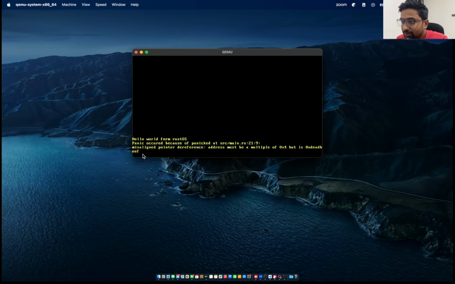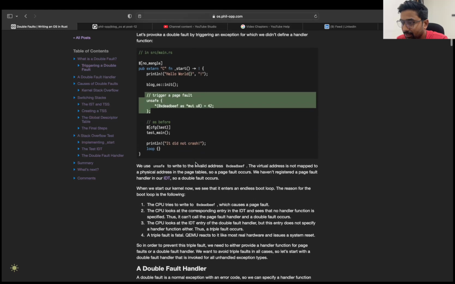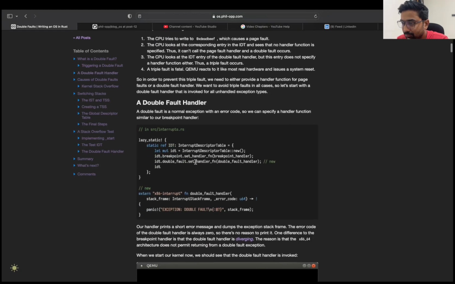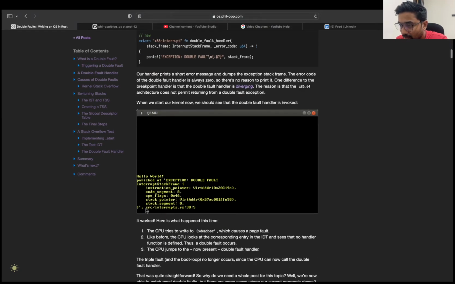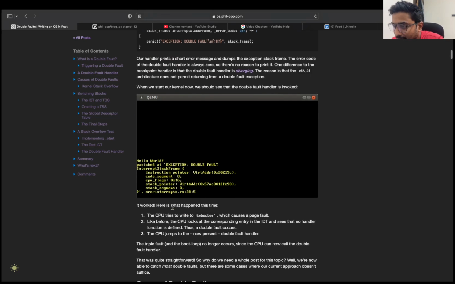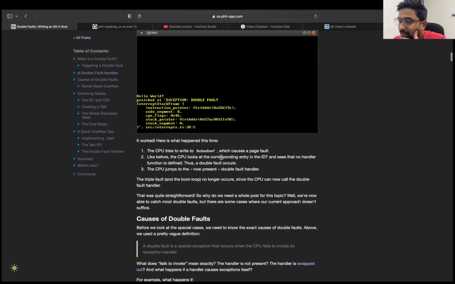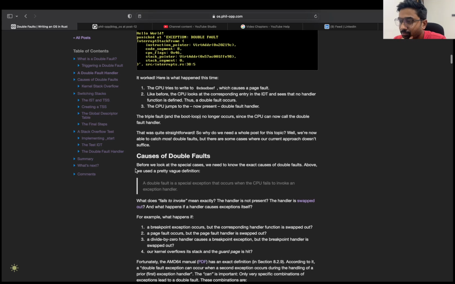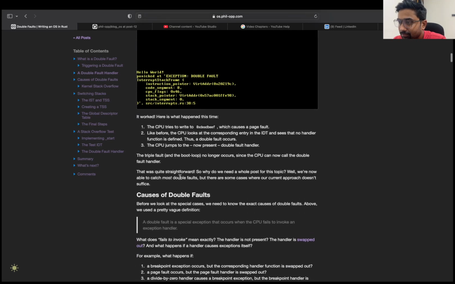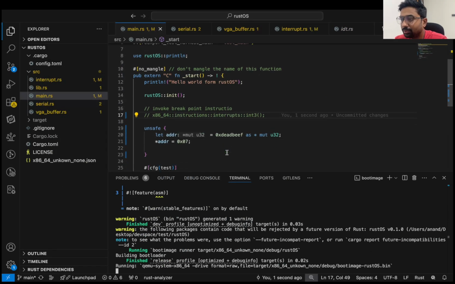Yes, so in this emulator you can see panic occurred because of panicked at source main21 misaligned pointer dereference. Address must be a multiple of 4, but it is deadbeef, so that is what was expected. But we haven't got the stack frame. Panic occurred at exception double fault, and it worked. The CPU tries to write deadbeef, which causes a page fault, and that's all. Let's see why